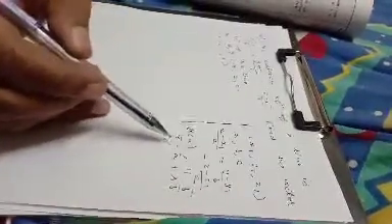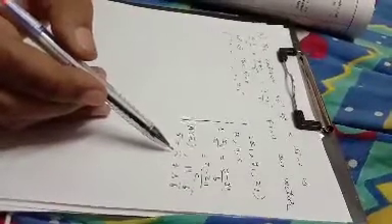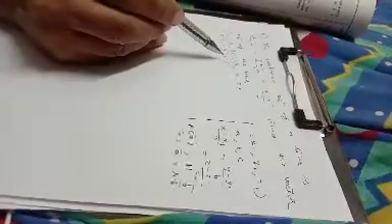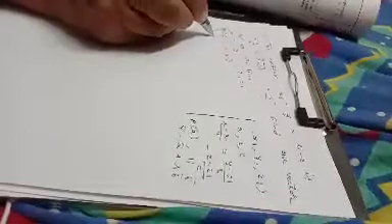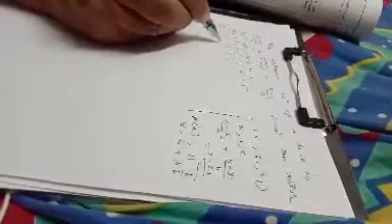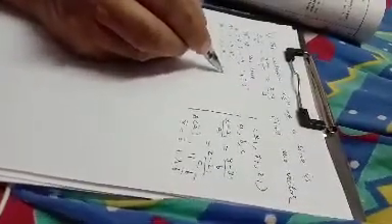And to form equation of line in vector form, we require position vector of a point on the line. Here coordinates of point on a line are known to us. Find its position vector. Suppose this is point A. Its position vector we shall denote by small letter a. Coordinates of point, they become coefficients of unit vectors i, j, k. So here a bar is 6i minus 4j plus 5k.